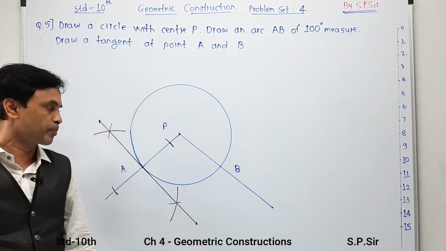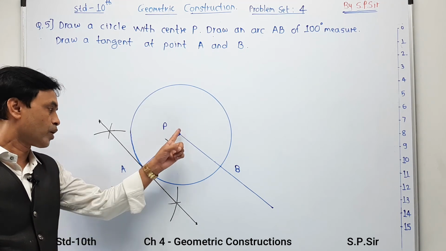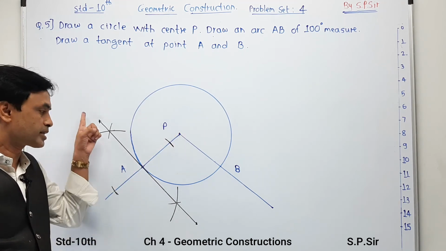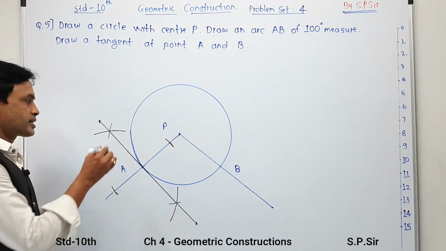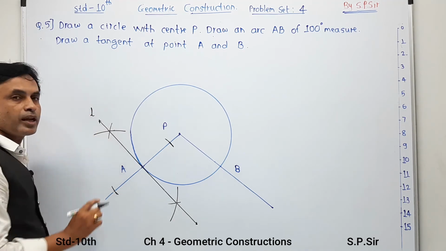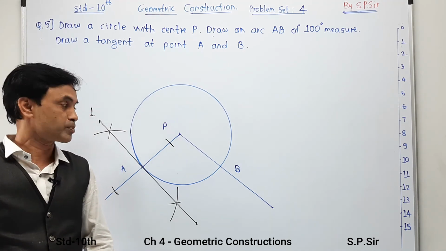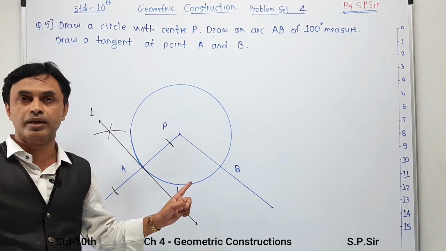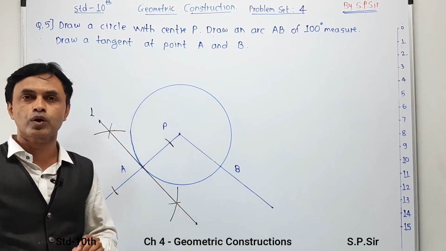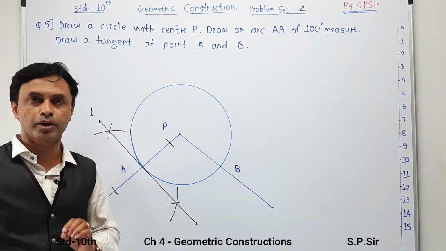Now you have to follow the same procedure what you have done for PA. It is nothing but the radius, and this line is a tangent. As this is a new line, I am going to call this line L over here. Once again, student, please pay attention. I am using a different color marker just for your understanding. You have to draw the entire diagram with a simple regular pencil.